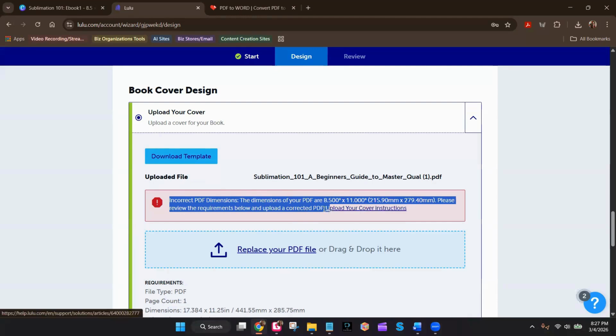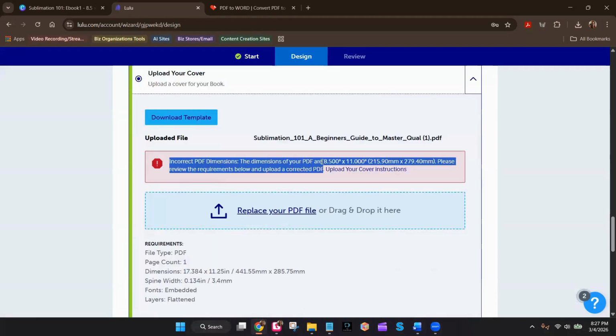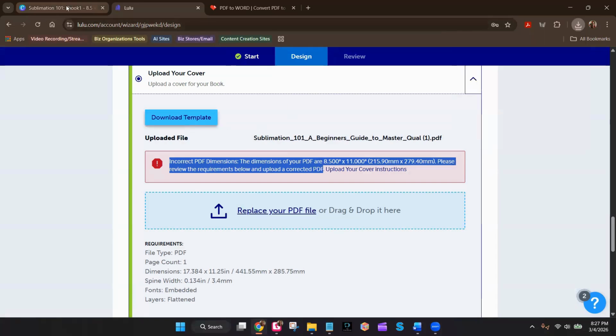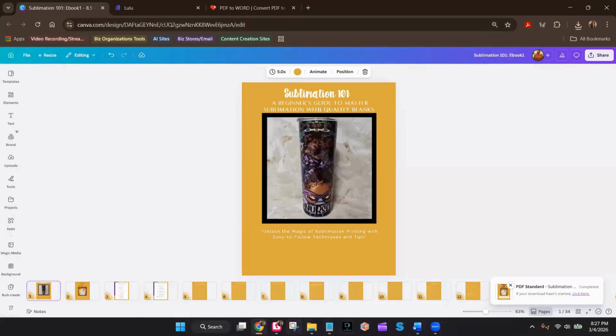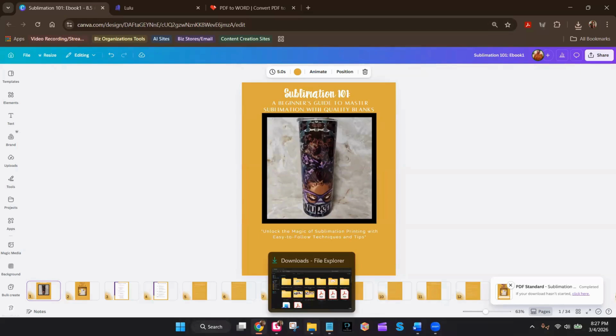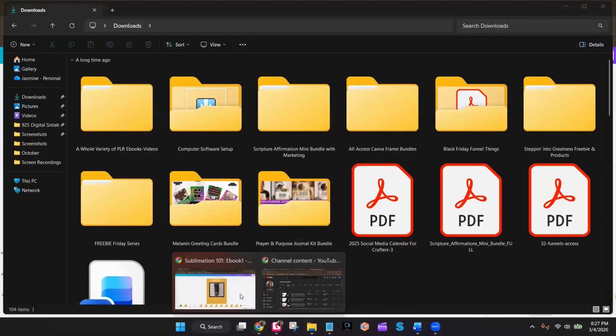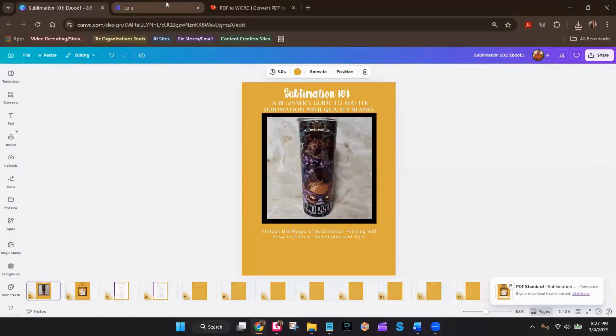So we need to go into Canva and correctly edit our cover. I'm sorry. So Typeset does give you a template. So let's just download this template. And what I'm going to do is I am going to go inside of Canva. I am going to upload that template. And then I'm going to also,